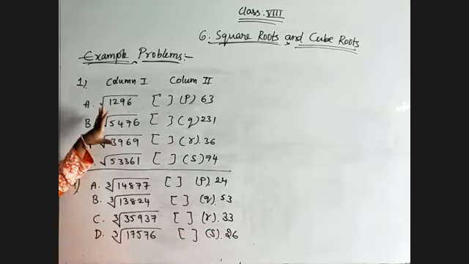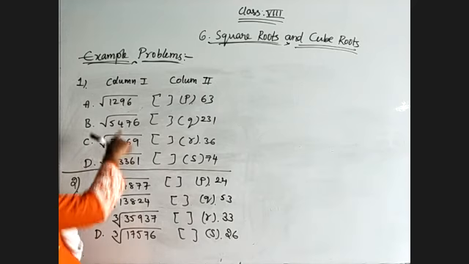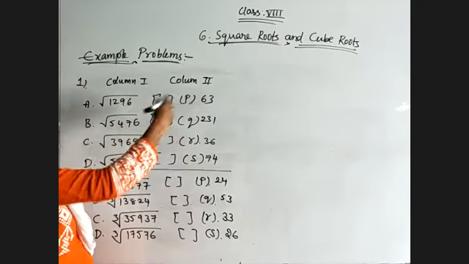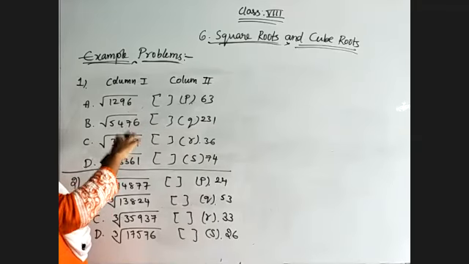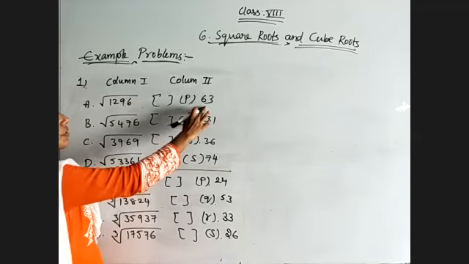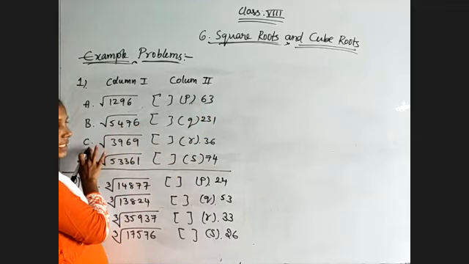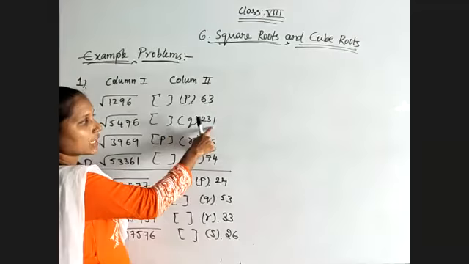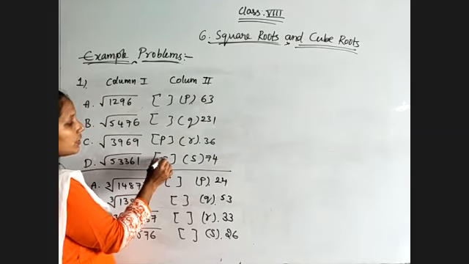Okay, observe, the first matching is completely depending on square roots and the second matching is on cube roots. See, whenever you are getting something like this, it is very easy. You are finding square roots, yes? So try to take the unit digits of the square values. No need to find complete square values or cube values. Observe, if you take 63 square, 3 3s are 9, we will get 9. Where are you getting 9? Let's see, means first, C will be the correct answer. And 231, 1 square, 1 only we will get. So this one is the 1, means here we will get Q.